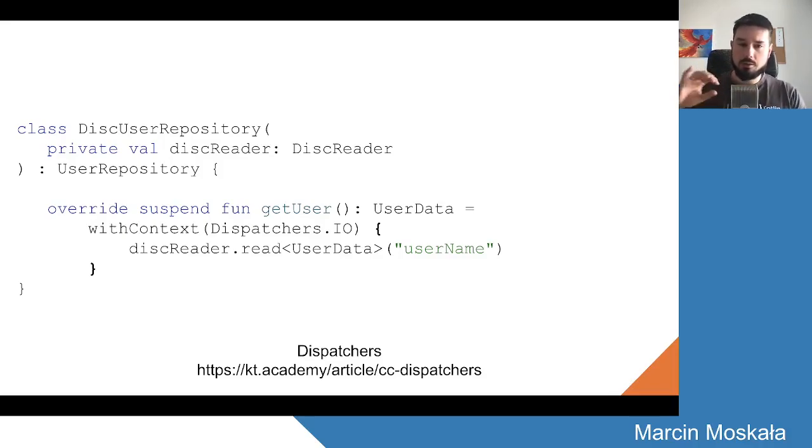Changing threads generally does not happen when it's not needed. So you should not be worried to use such a wrapper with context Dispatchers.IO or with context and your own dispatcher. This is a really well thought through feature